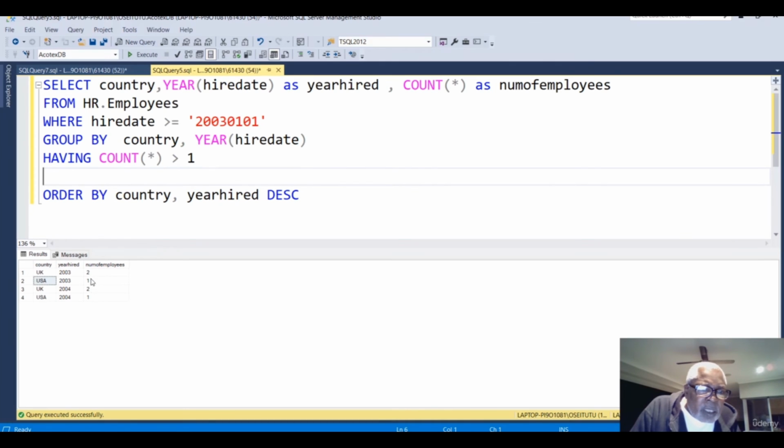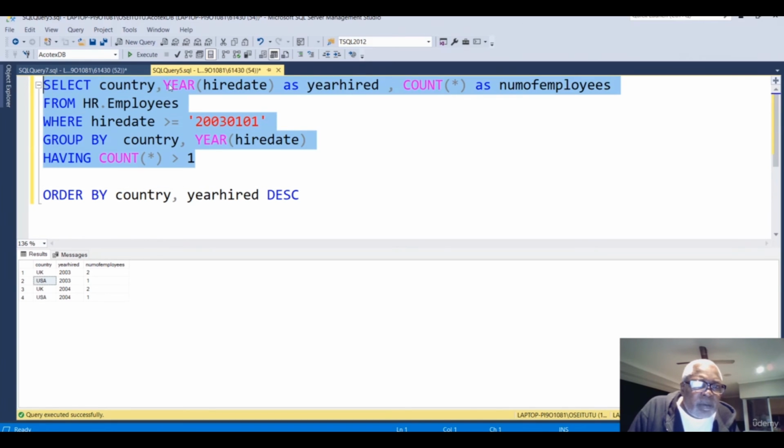And you see that UK 2003 and UK 2004 are the only groups that have a count greater than 1. So the having clause is working on the count, on the groups. It doesn't work on individual rows, it works on the group, and it works after you have grouped the data. So if we run this one here,